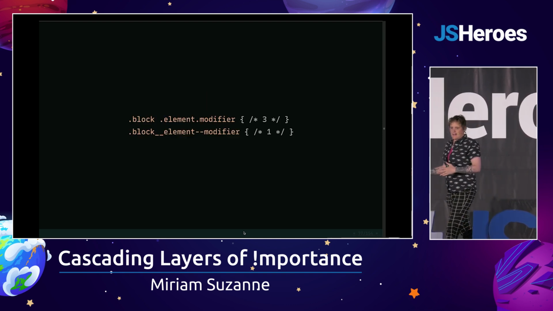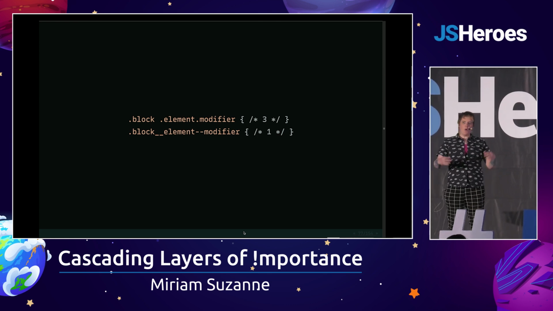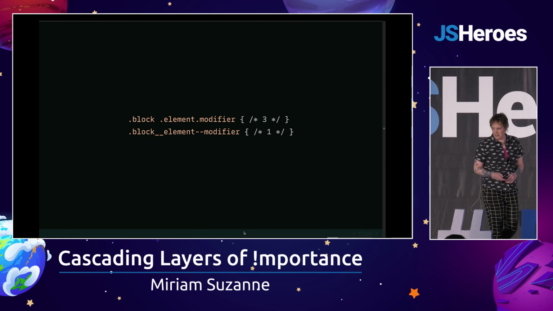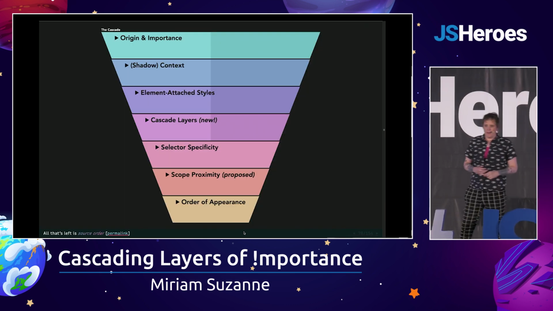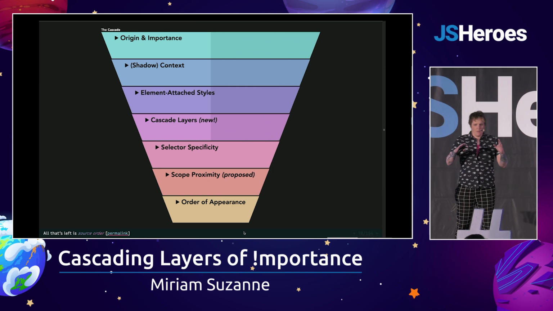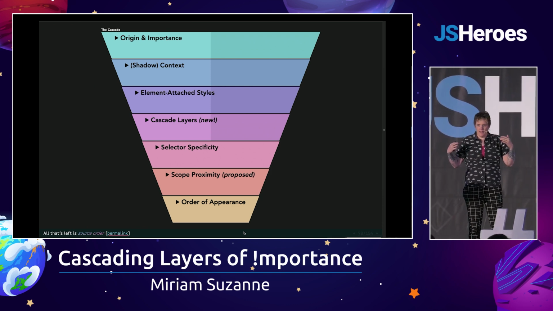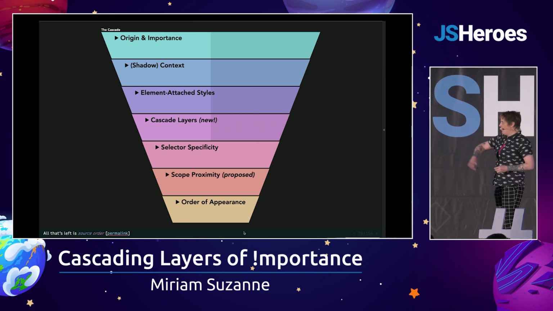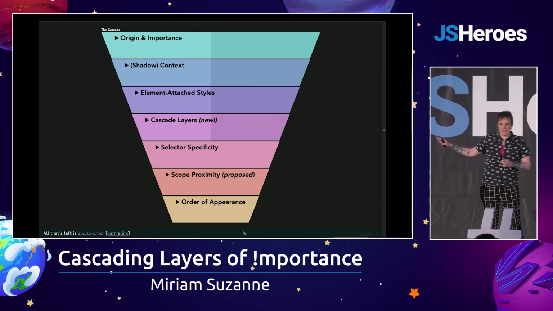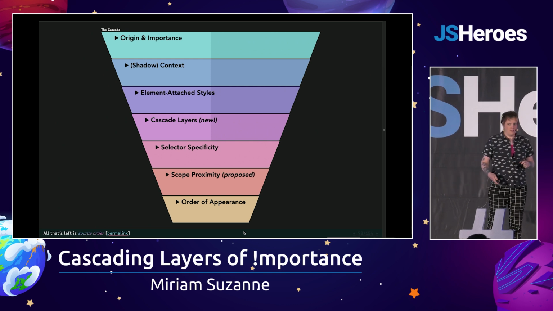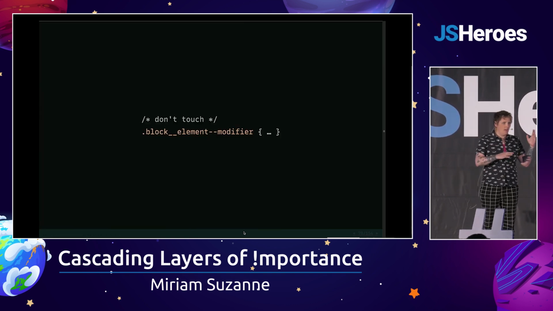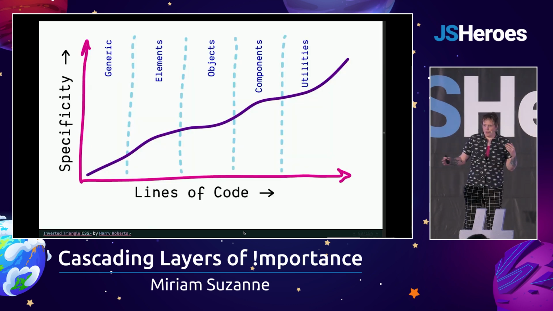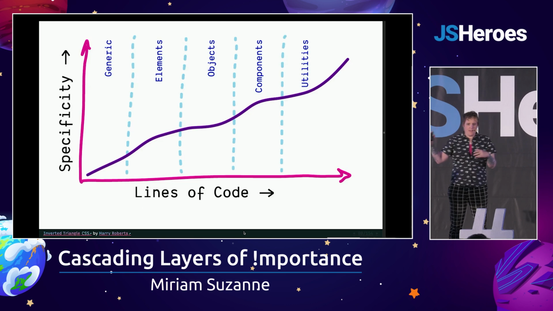And what we find is we get into big arguments over how many classes and attributes are we allowed to use. And we develop these intricate conventions to make sure we're using only the right number. And then if we're sort of removing all of our specificity, we're down to one class or attribute, everything has the same specificity. All that we're left with is scope proximity, which hasn't shipped yet, and order of appearance. So then we have to carefully manage not just the convention names, but also the order of our code so that like this is again from Harry Roberts.